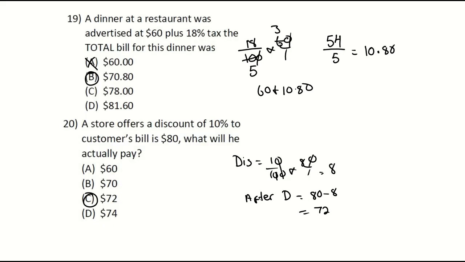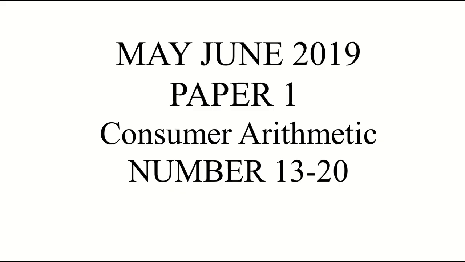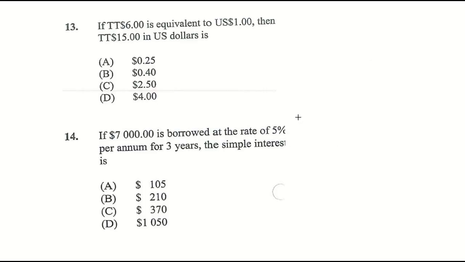Right, and that would be the end of January 2020. Let's look at May, June 2019. Paper 1, Consumer Arithmetic, number 13 to 20. If TT 6 is equivalent to 1 US, then how much is 15? So first off, you're going to look at 25,